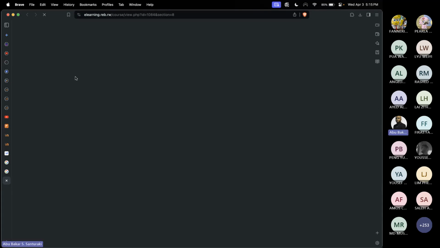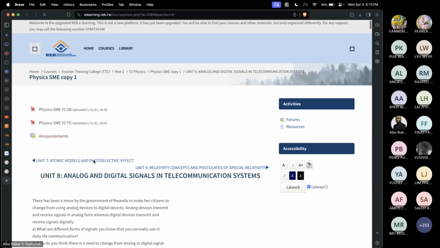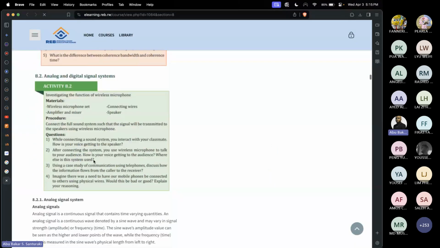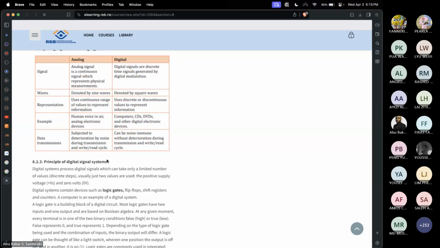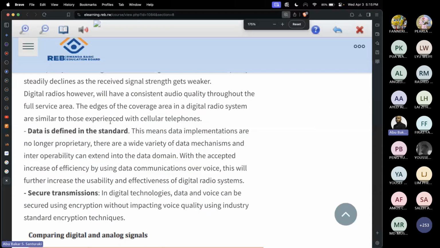So I'm not sure what's going on. There we go. It's downloading. All right. So we just scroll through and search for the table. I hope the table is here. Very good. There it is. So here you can see in this table,